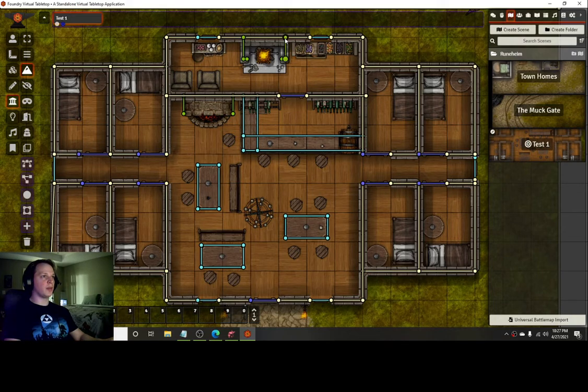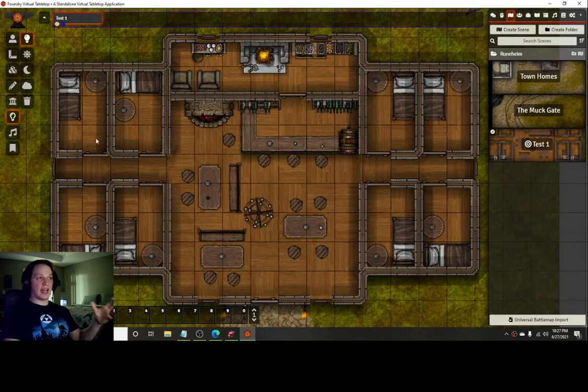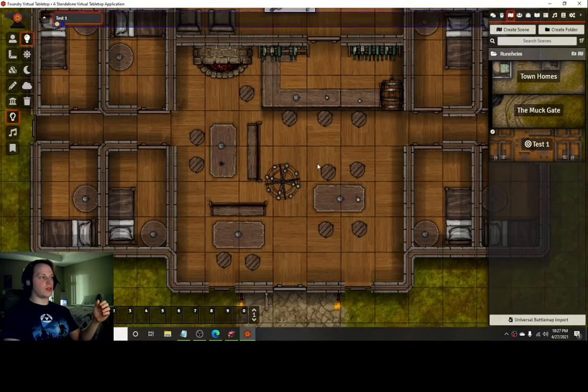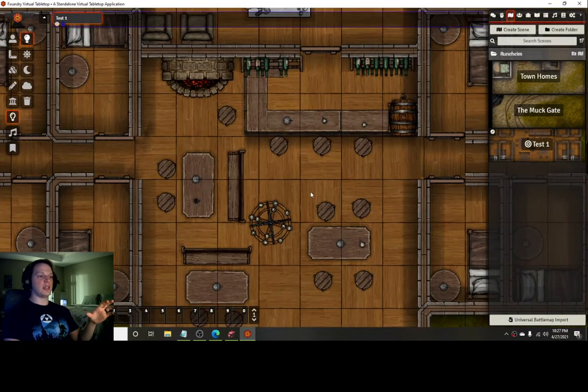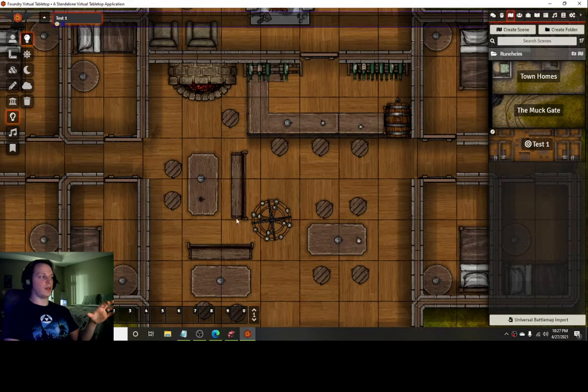and come up here and match that up there. Perfect. All right, so now we're going to add some lights to it, to give it a little personality. What I usually do is look for a light source that I'm going to copy and paste many a time. So these candles on these tables are going to be the thing I copy and